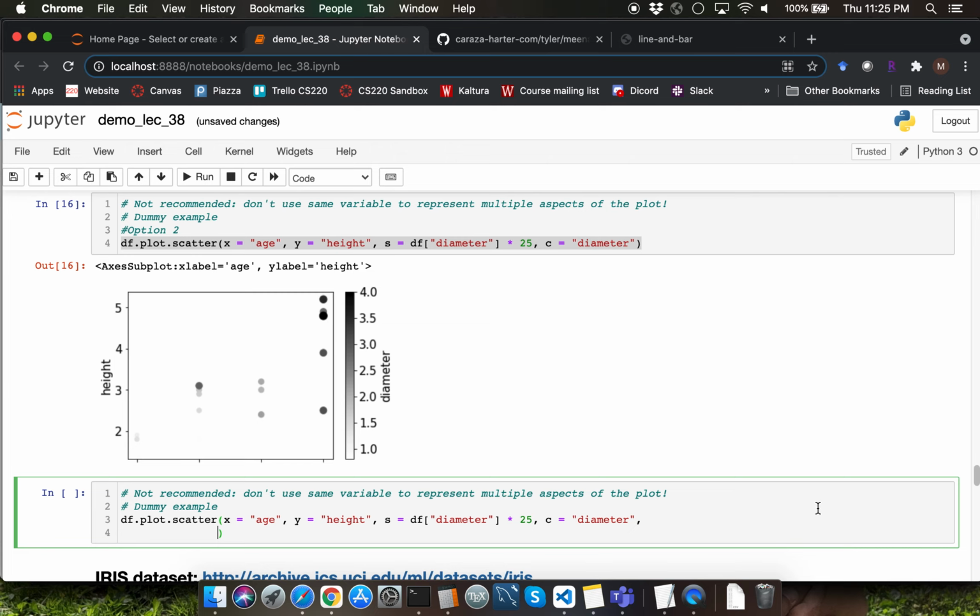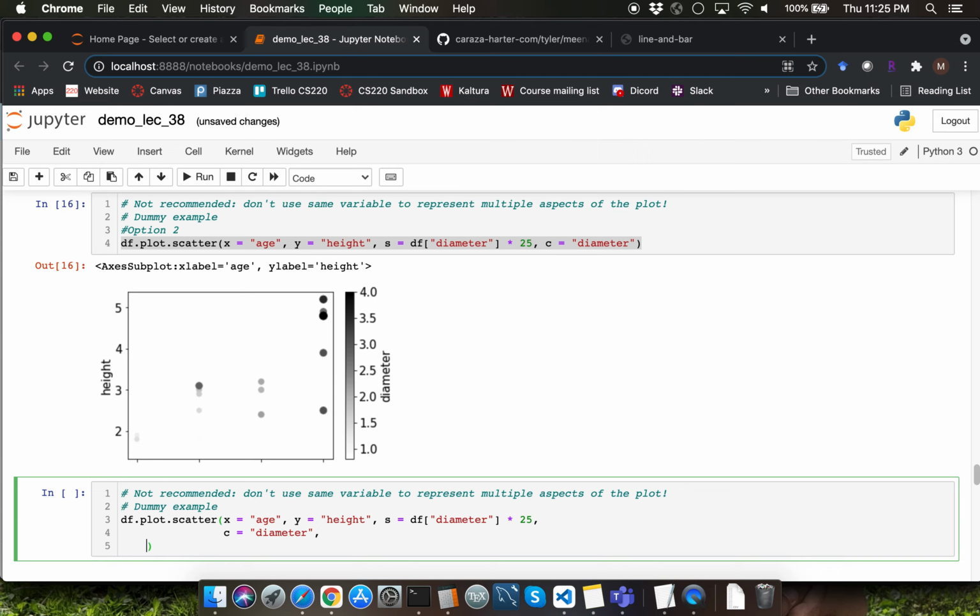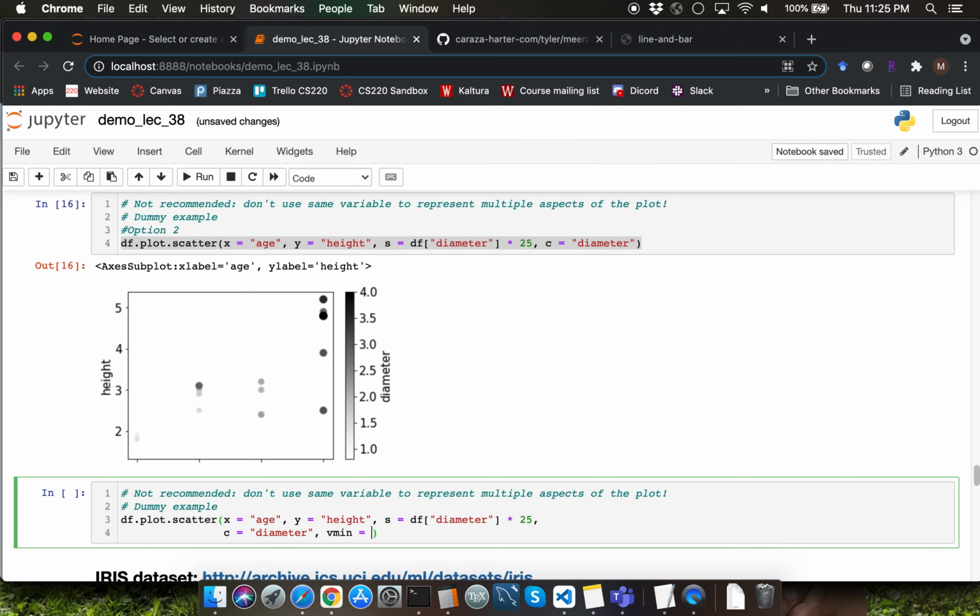color. So in Jupyter Notebook, I'll be able to type an enter in between the arguments for a function call, and you can still type the remaining arguments in the next line. That would make your code slightly more readable. Let me type the parameter name as vmin. Vmin is going to take as argument a single value. So how do we get the minimum value from the diameter column? Recall that you can use the min function on a series. So I'm going to say df of diameter dot min open parenthesis close parenthesis.